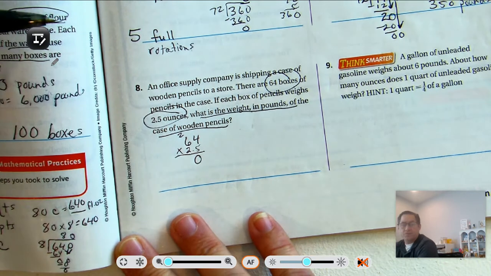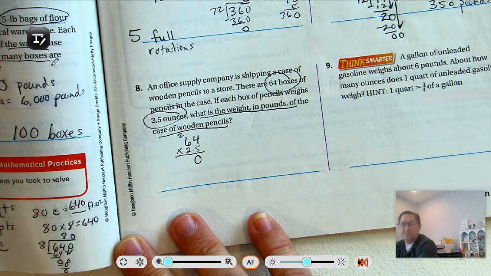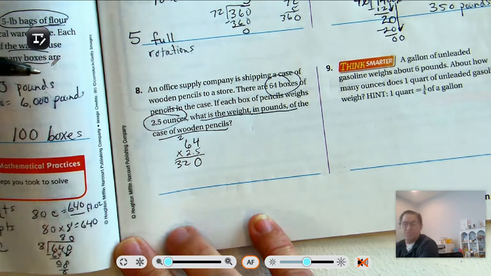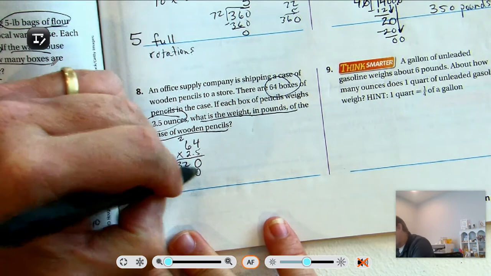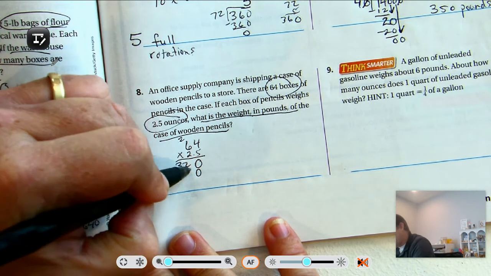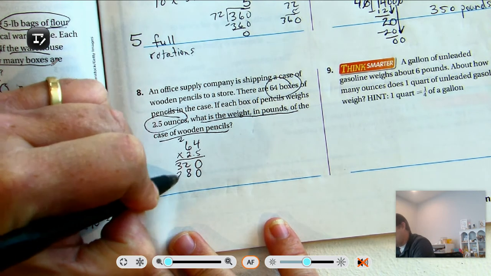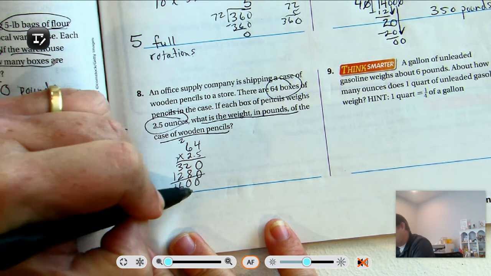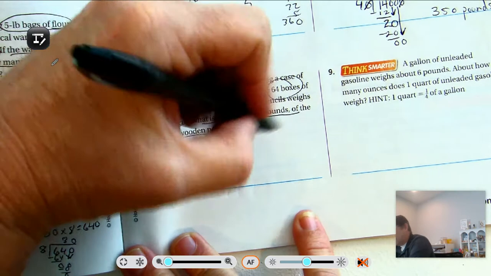So 5 times 4 is 20. Regroup that as 2 tens and 0 ones. 5 times 6 is 30 plus 2 more is 32. We're moving to the ones now. So 2 times 4 ones is 8 ones, and 2 times 6 tens is 12 tens. So 160